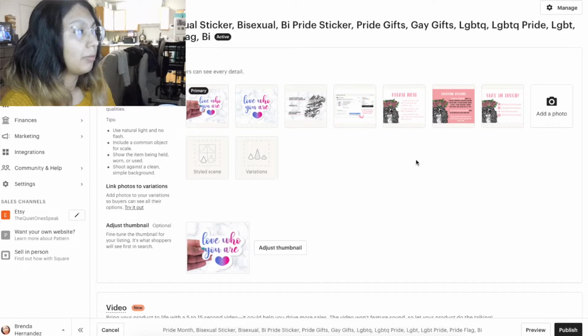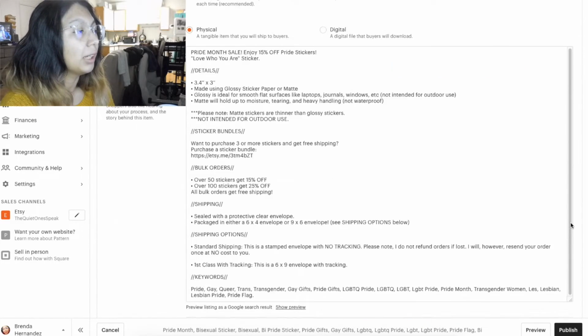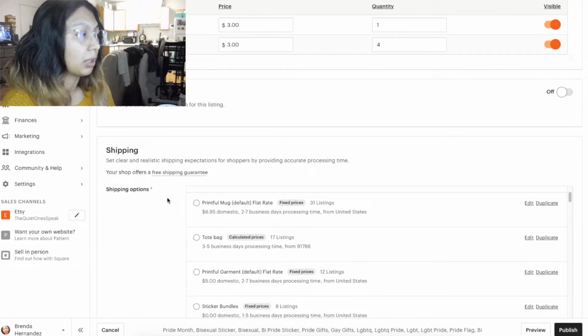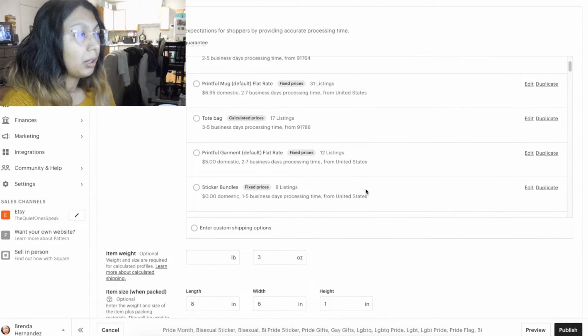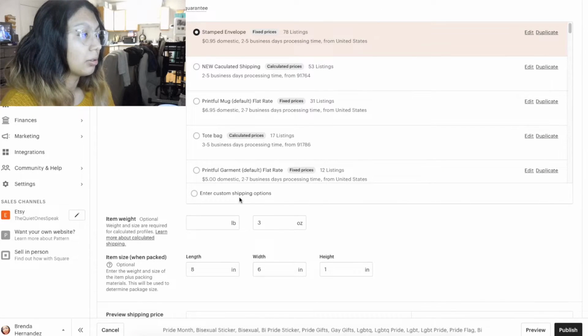We're first starting off in your listings. So this is just one of my listings for stickers. You're going to want to scroll all the way down until you get to shipping. And then from there, I already have my presets, but I'm going to show you how to do this to